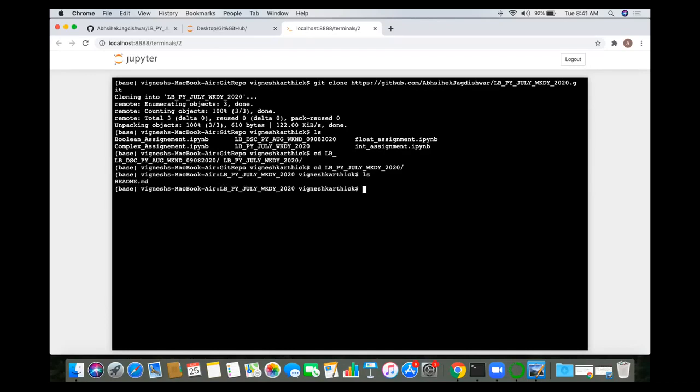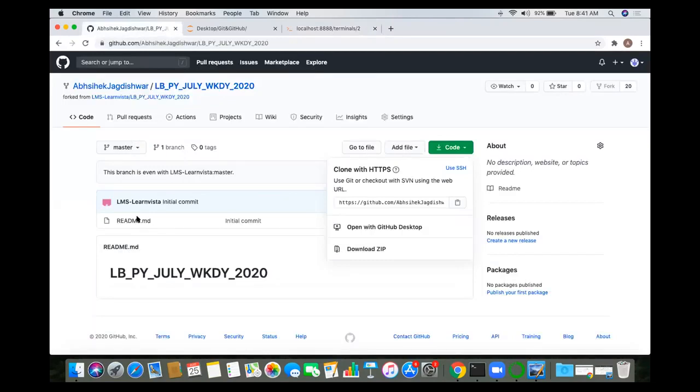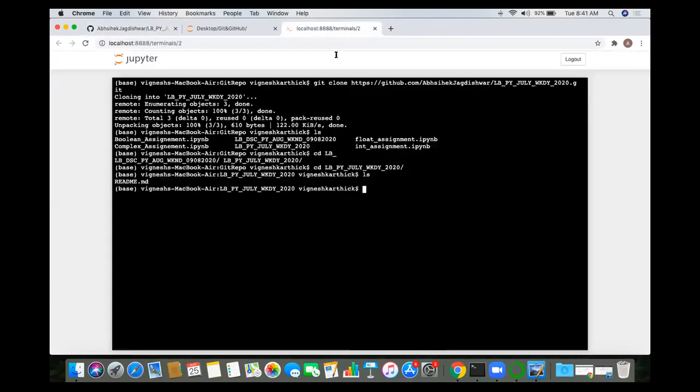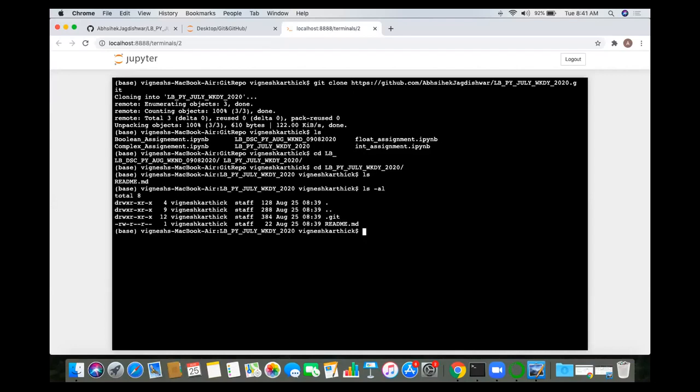So if you do ls, there is only one file, which is readme.md, and the same file was available here also. Okay, but there are a few more things available here. If you want to check the hidden files also in your repository or folder or directory, then do ls -al. Okay, it will list all the hidden files and folders, including the non-hidden ones. And you can see there is a .git folder, which is working as a local repository, and this is the local repository I was talking about. Clear? So everything at the end should be committed here.